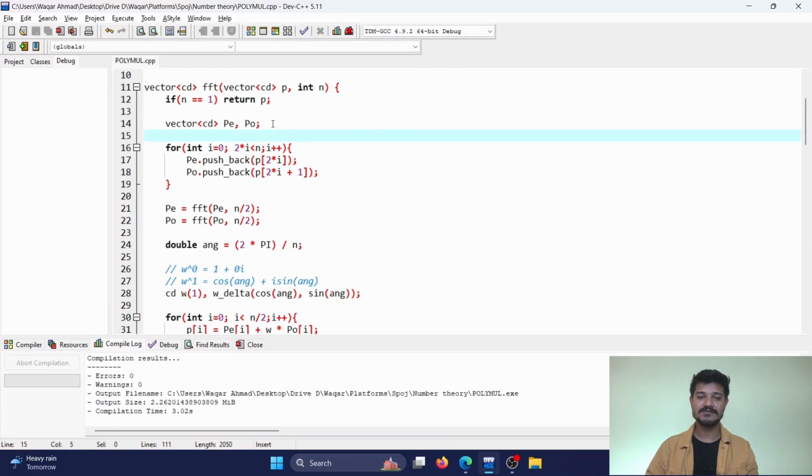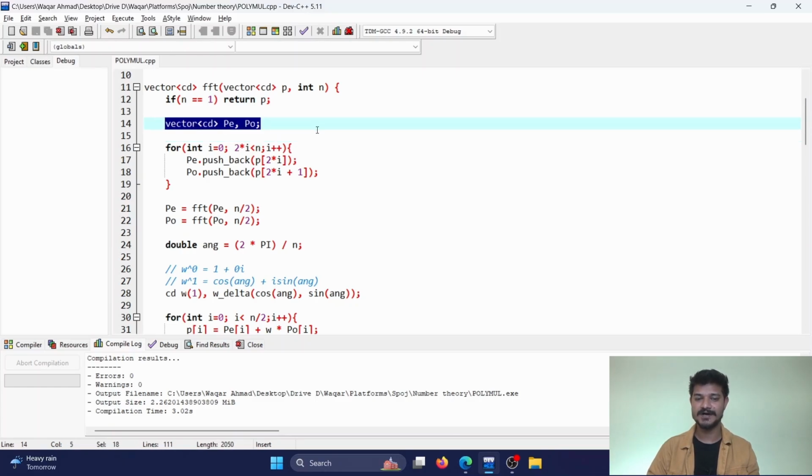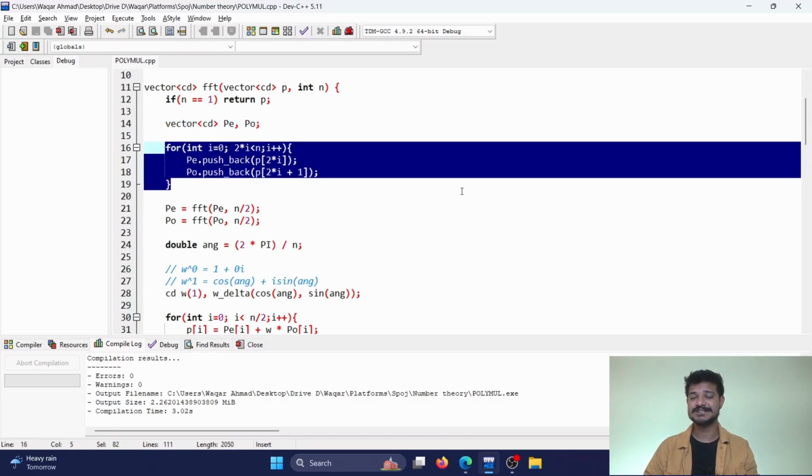What we'll do, we'll basically divide polynomial p into pe and po. We have learned this in the previous lectures. If you haven't watched the previous lectures, please go ahead and watch lectures 1 through 4, right, before coming to the implementation of FFT. So we'll create pe and po, right, and we'll go through